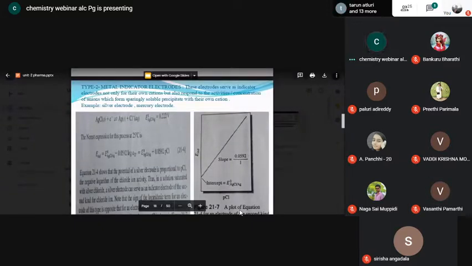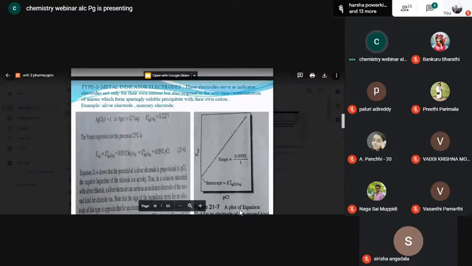Okay. So since you have observed that the equivalence point or the end point is reaching closely, what are you observing? Two observations you have made. The concentration of silver ions is drastically reduced, and the concentration of chloride ions is drastically increased. So since the concentration of chloride ions is drastically increased, what happens? Chloride ions will have more influence on the electrode when compared to the influence of the silver ions. As a result of which, what happens? The silver electrode will develop a potential, and that potential will be directly proportional to the concentration of chloride ions,